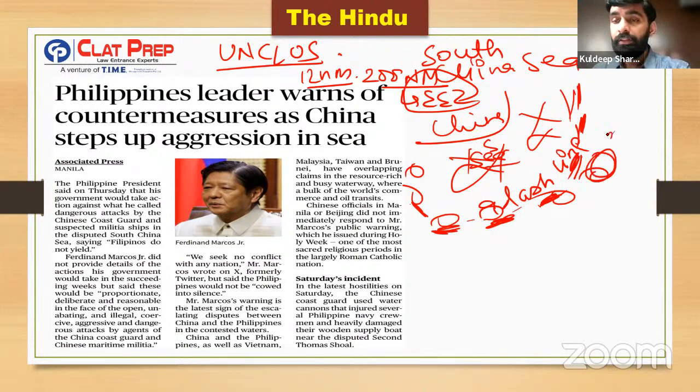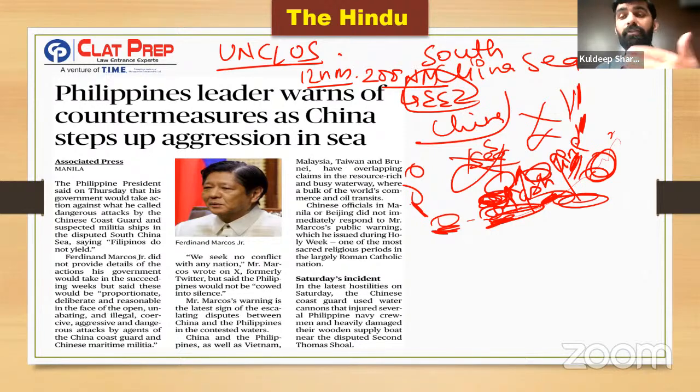Let's say there is Indonesia here, there is Malaysia here. These countries' exclusive economic zones are also extending the same way. There would be islands nearby which are actually sovereign territory of these countries, and which are right now in the control of Philippines, Malaysia, etc. However, since China is claiming the nine-dash line and all the territory inside it, it is claiming these islands